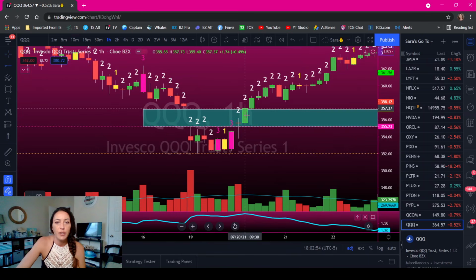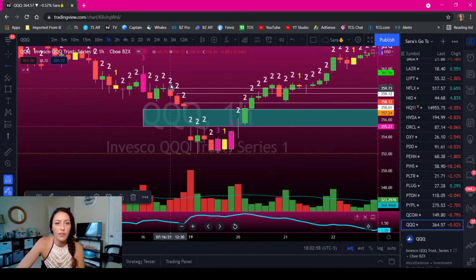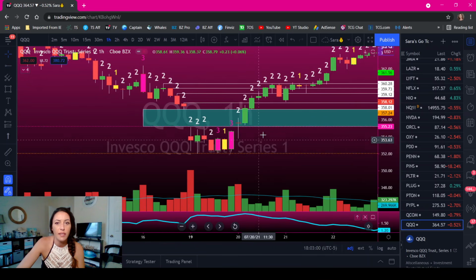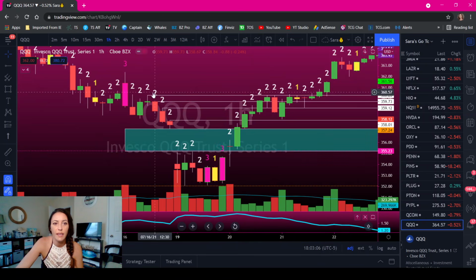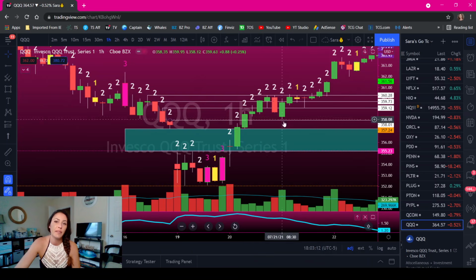And then again, once your gap is filled, mark the highs of the next candles, and those will be your targets. Look where it stopped. It stopped perfectly at this little resistance, this little 2 up. It ticked it right here. Then you had a flip, and then this was probably a next day. Yeah, so then it gapped down.